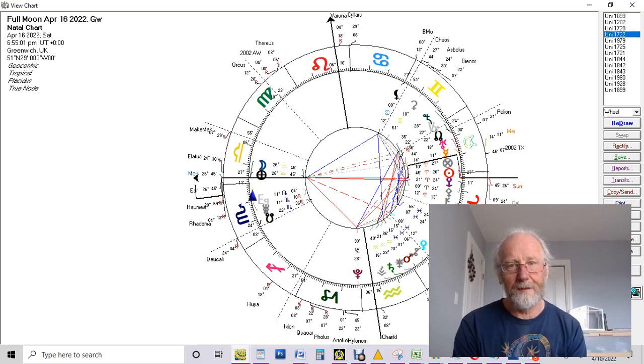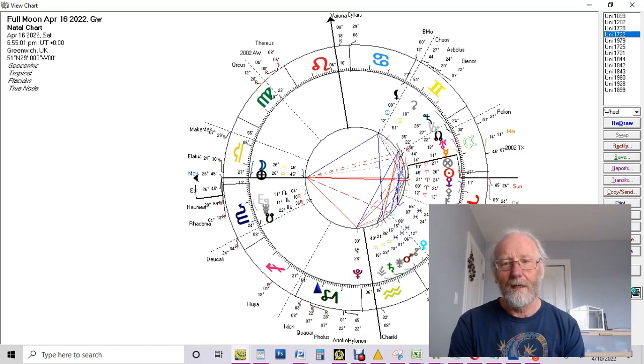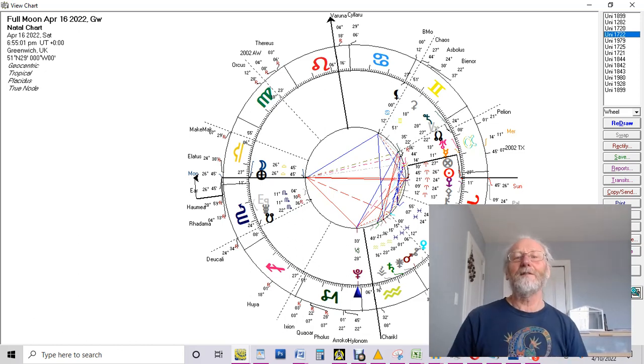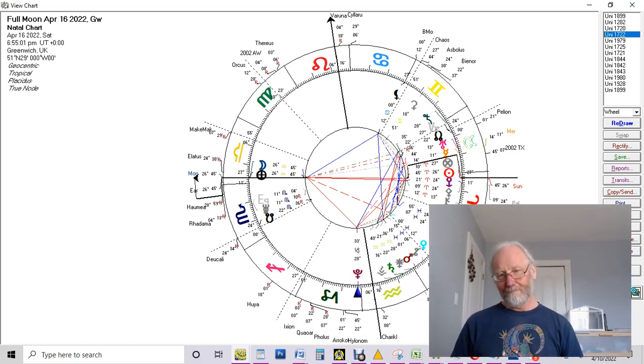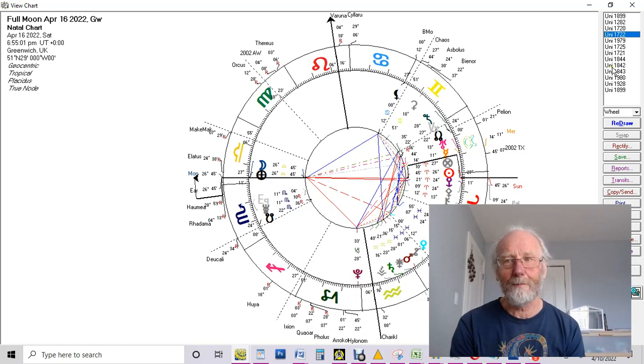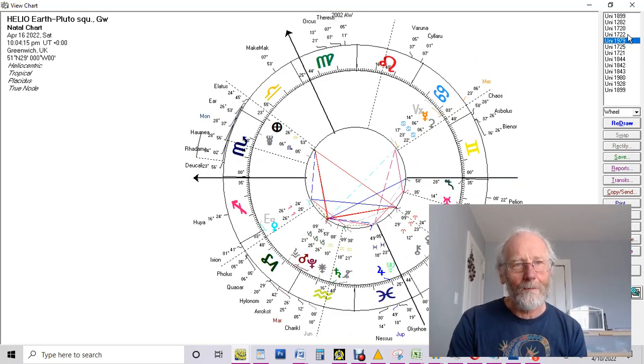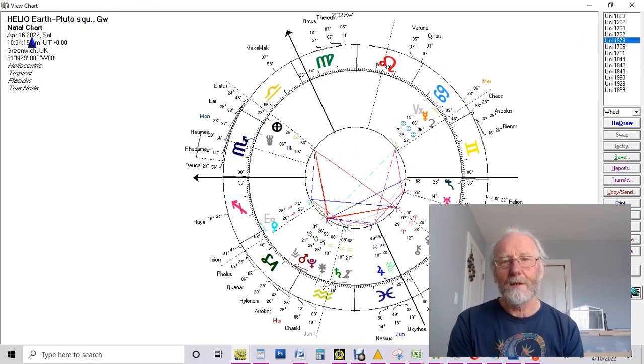That's how this whole thing has to be rolled out. Pluto T-squaring that full moon. Yes, times of transformation are definitely just getting really hot. I mean, it's been happening all the while. So if we now just roll further on that same day, the 16th of April, just a few hours later,